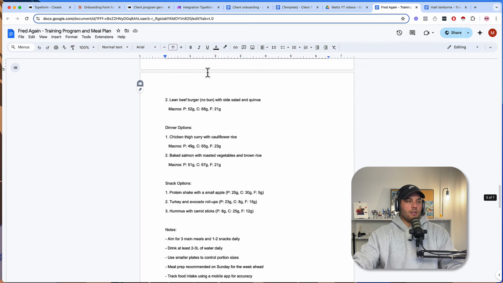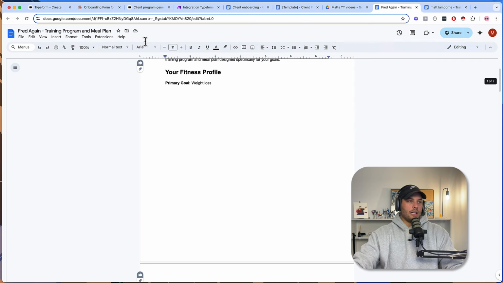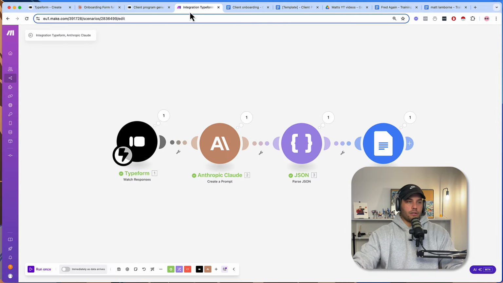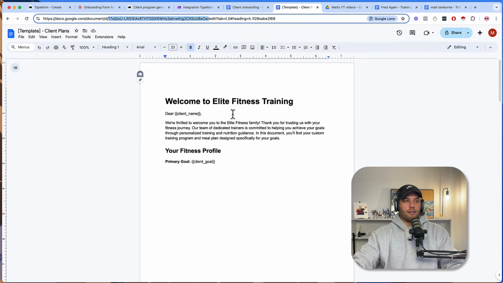Now you can tailor this to look a little bit nicer, but you get the idea. You can generate a lot of meal plans and training programs really quickly with just 4 steps. And using Typeform makes it feel premium. And obviously in this situation, I'd probably add a delay here. So I'd probably put in some sleep modules so that it doesn't send straight away. Or, because Make doesn't have a good sleep module, so you can't say wait 2 hours, you would just send this to Zapier with the link to the Google Doc. And you would say wait 2 hours in Zapier and then you would finish it off. But that's how you can create a training program and template it